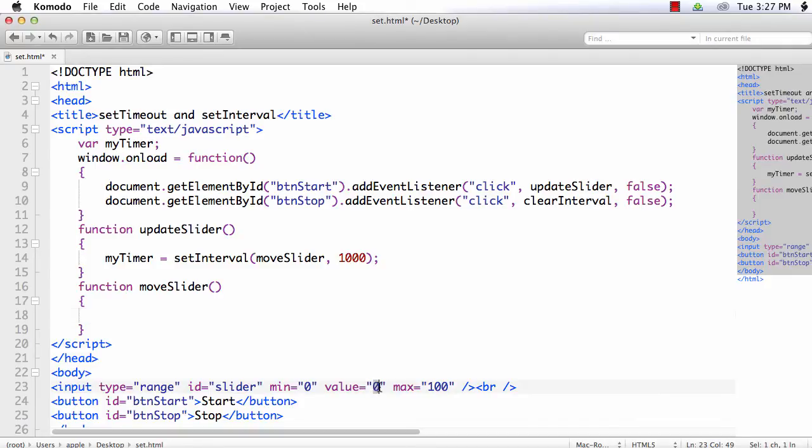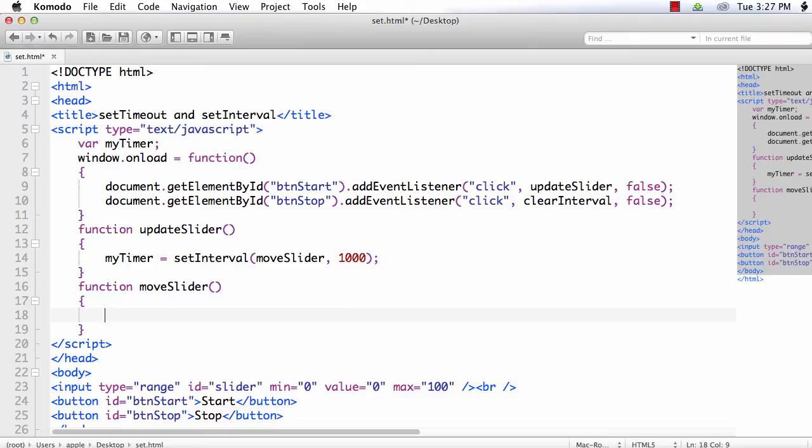So if we get this value, it will be a string now. So first we will change it to a number. Otherwise, if we are adding the value 5, at first it will be 0 plus 5, which becomes 5. Then when we add 5 again, it will be 55 instead of 10. So we are converting this value to an integer.